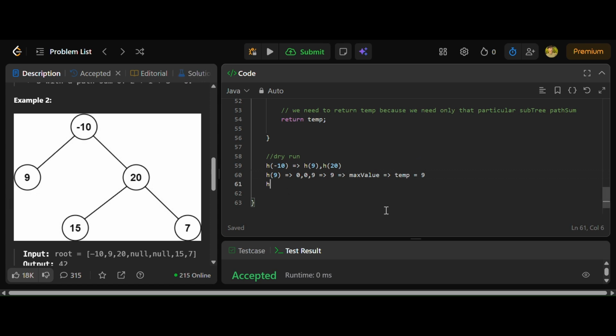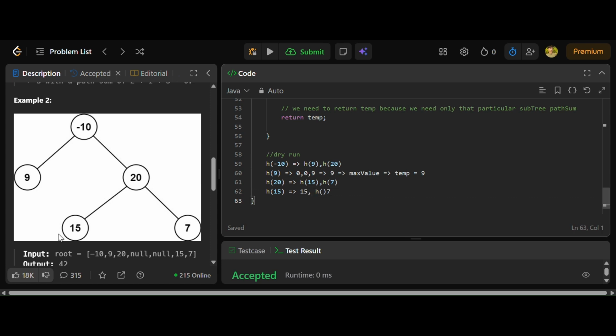Okay, and another recursion which we have to do is on the 20 part. So in the 20 part we can see we have 15, so it will trigger h of 15 and h of 7. Okay, after triggering h of 15 and h of 7, let's just see h of 15. Again, similar to the 9, h of 15 will also return just 15, and h of 7